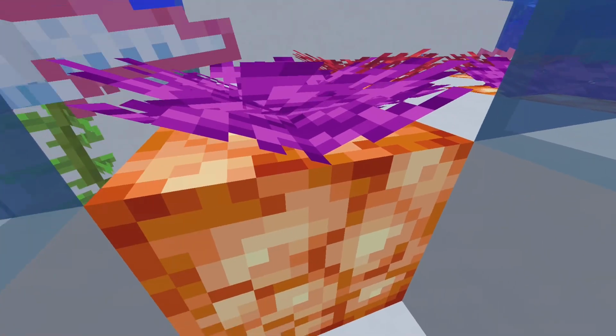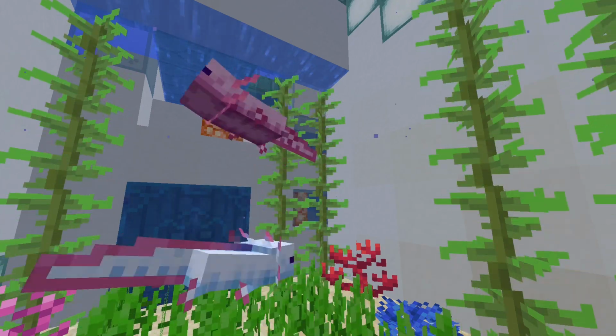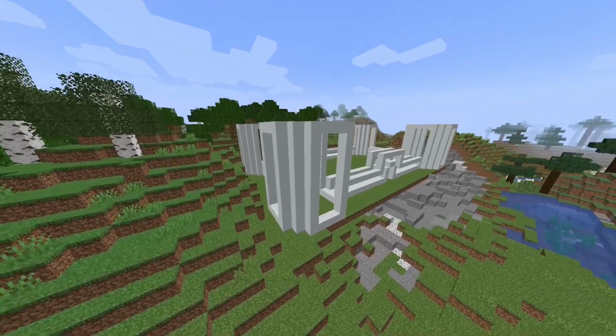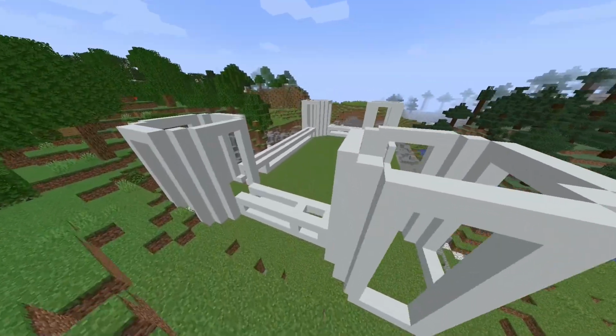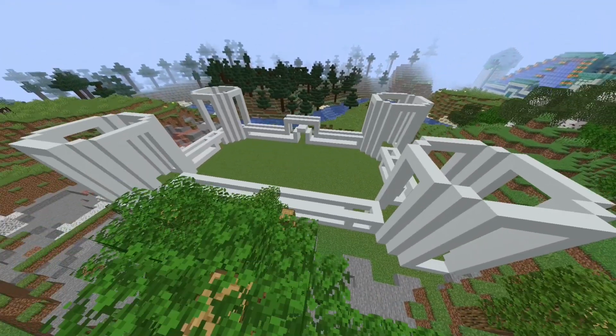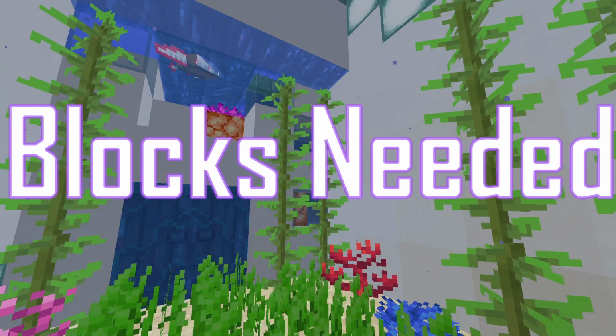Welcome to part 2 of the Axolotl Aquarium tutorial. If you missed part 1, it'll be in the iCard. Last time we left our heroes, we just finished building the skeleton, the towers, and started work on our tunnels. The blocks you'll need for this part are...